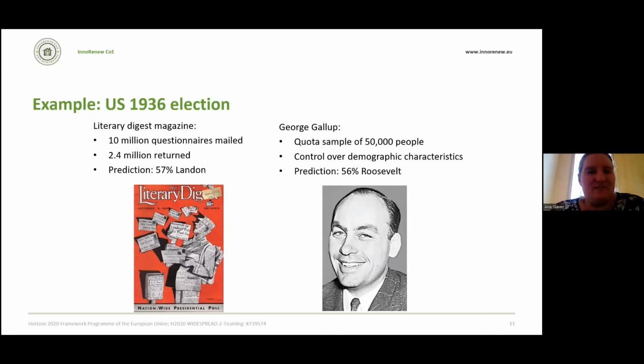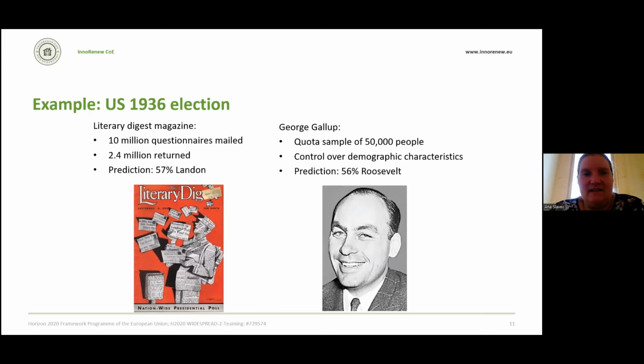But it's not so famous that you would hear about it. But it's a story that I always try to include because it's an important lesson to learn: that size is not everything. So in the United States in 1936 they had an election, and before that date